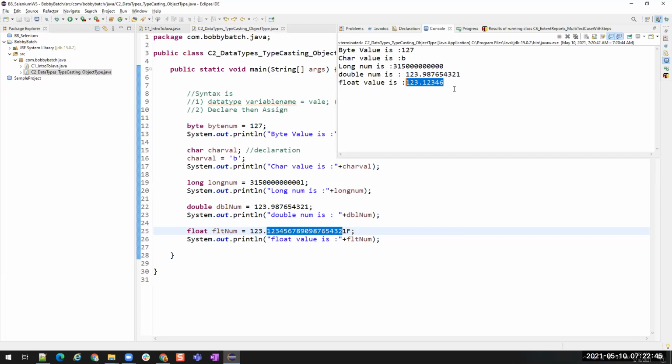Is that clear? But there is no problem here. You see 1, 2, 3, 4, and then the next number was 5. So when we have number 5 or above, it will be rounded up by 1. So that is why it is going to the next number and then removing all the other values. So you understood how we store values and how we display?